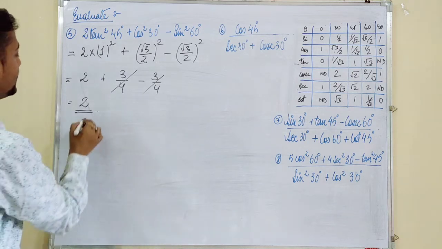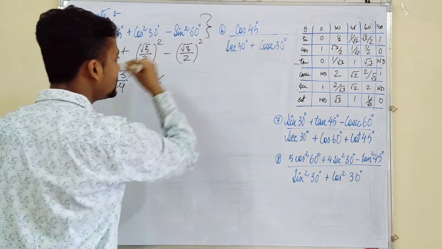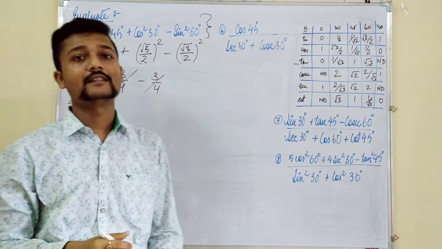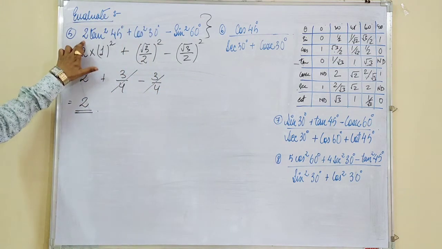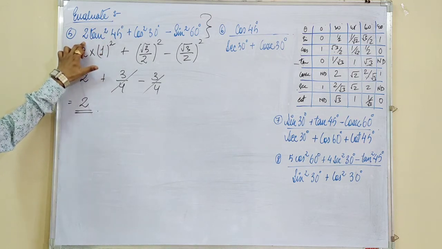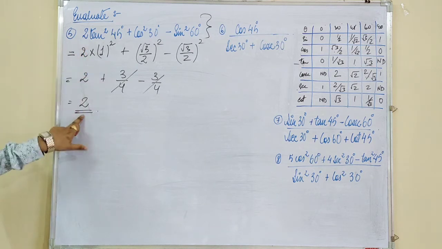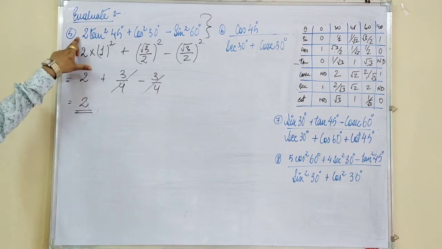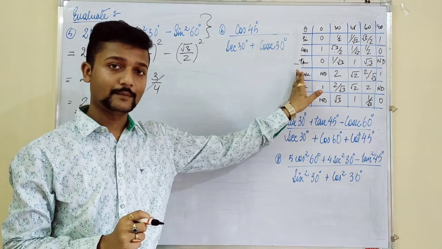Okay, so hopefully the solution is clear. Whatever question you see here, the question seems to be very complicated. Sine, cos, 60 degree square, this sort of things are given in this question, isn't it? Even here, two things are given, square as well as multiplied by 2. So don't get confused when you see things given in a complicated manner, you never know the solution is going to be very easy. Okay, so while doing, just in the beginning you need to be very confident with the table.